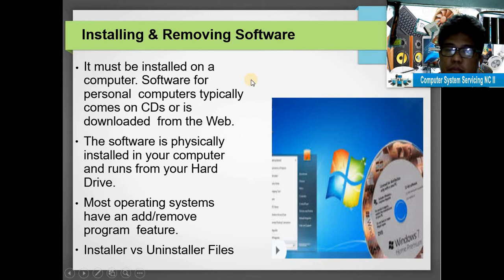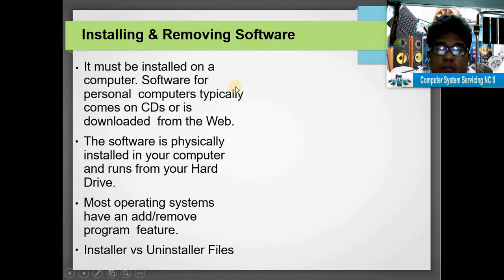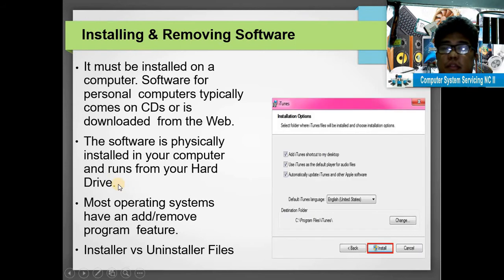For example, this one, yung Windows 10, which is free. Okay, pwede natin siyang i-download for free. And then, on installing and removing software, second, the software is physically installed in your computer and runs from your hard drive. Okay, so pagka mag-install tayo ng application software, to make sure na naka-install sa hard drive natin,